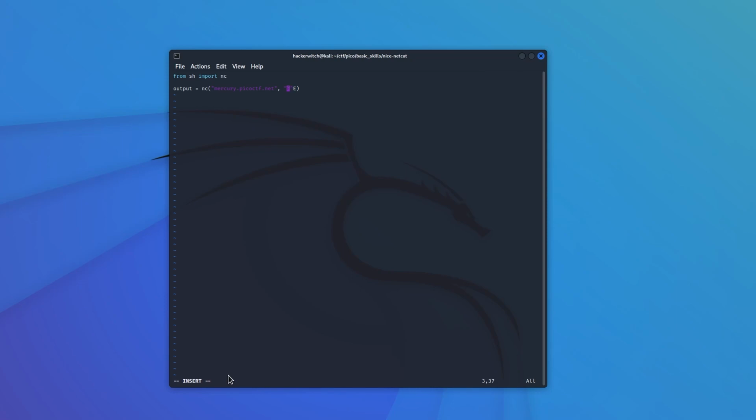My number lock was not on. Let me retry that. Since I messed up here, I can backspace, or if I want to do another way to remove a character in Vim, I can press the escape key and then hover over the character I want to remove and press X. And once again, I'll go back into insert mode by pressing I on my keyboard, and then I will type in the correct port number. In this case, it is